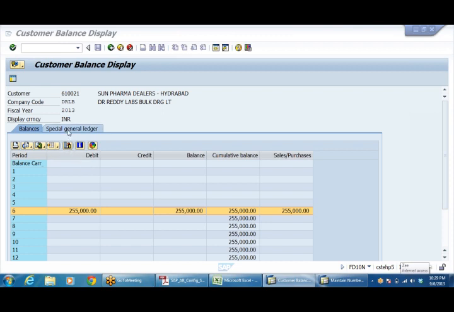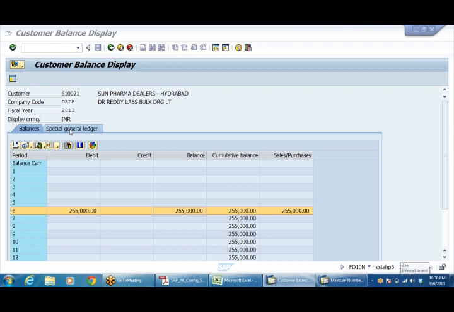Manoj, basically my understanding was that sundry debtors was the group, and under that two subgroups were defined, like domestic sundry debtors and overseas. See, sundry debtors is a general term.